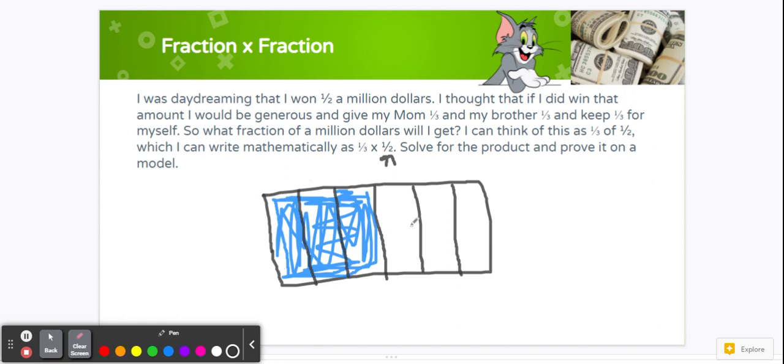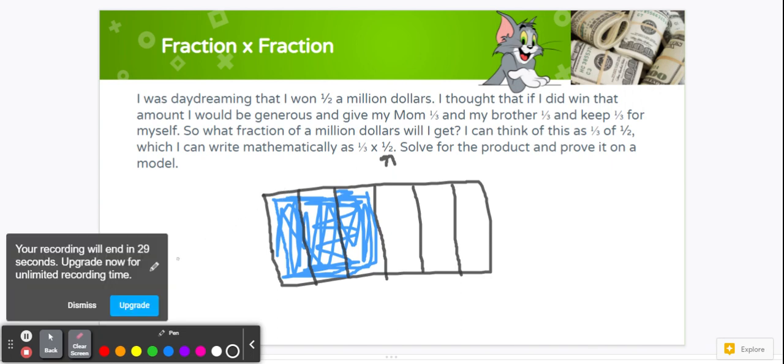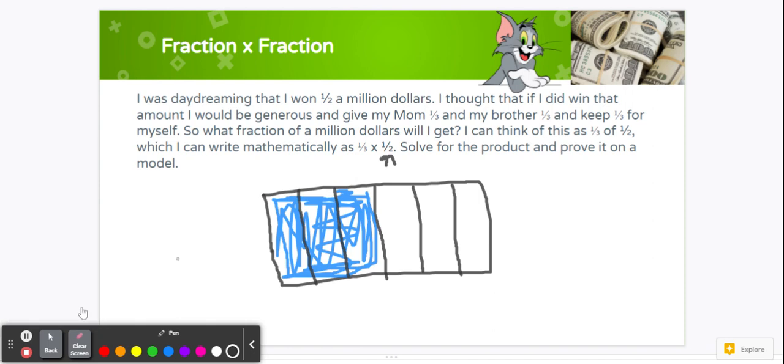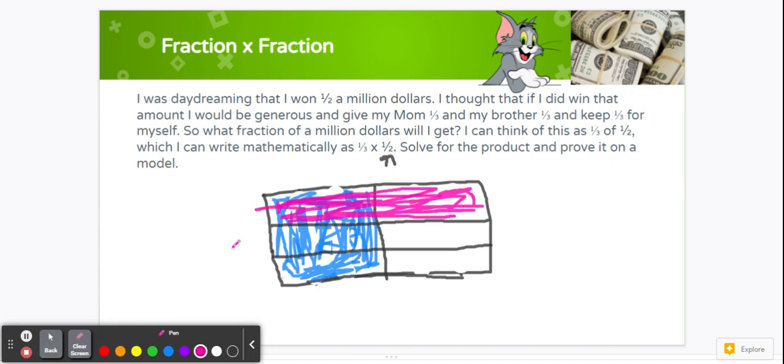I've split it up into sixths, and I need to represent both fractions on this model, not just the one half like I did before, but I need to also show one third, which is why we want to do it in the opposite direction so we can show visually that it is two different fractions, one half and one third. So let's do that. Okay, so I set that one up and shaded it in pink. I shaded in 1 out of the 3 parts. And the reason I don't do this column over here is because I've already used that for the one half. I've already represented one half over here. So I had to do it the other way to represent the one third. And we can see that there is 1/6 overlapping. So that means our answer